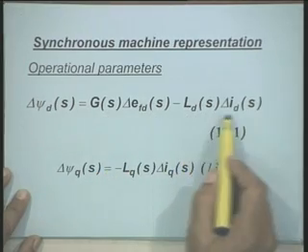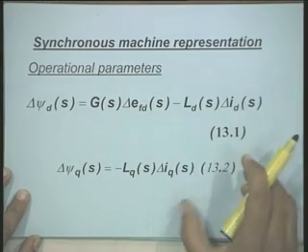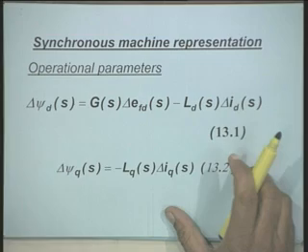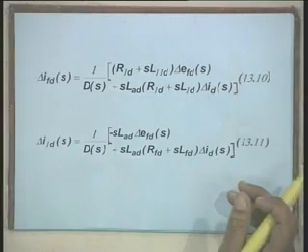If you look at this expression, delta psi ds is equal to GS delta EFDS minus LDS delta IDS. In this expression, or in the second expression, the rotor currents do not appear. Rotor circuit currents, that is I1D or IFD, these 2 currents do not appear. Therefore, what we do is that we eliminate these currents, using these equations.